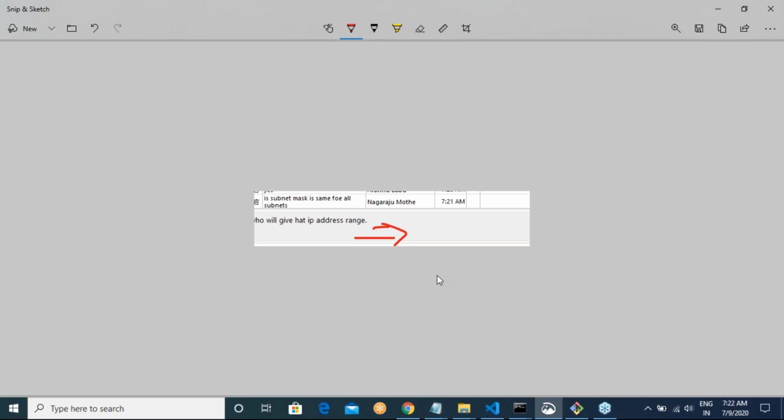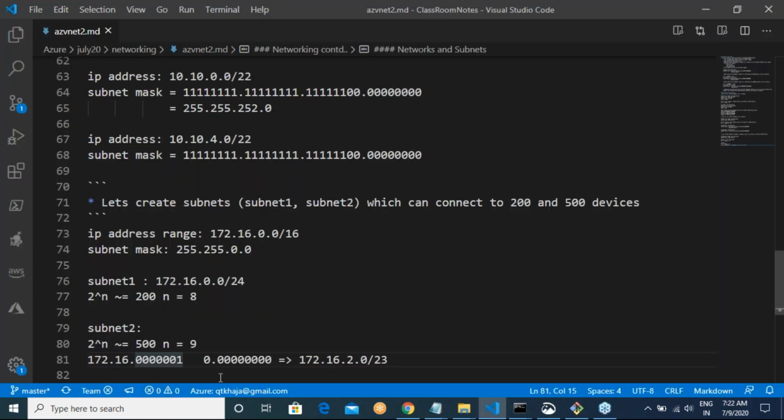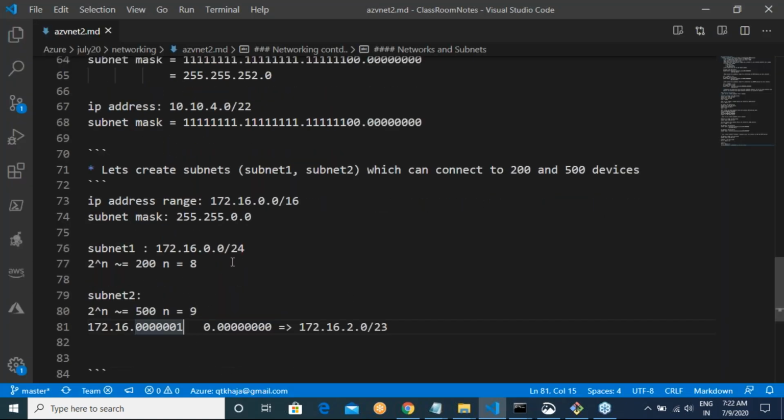If you are creating subnets with different sizes, then subnet masks will also differ. So in this case, what would be the subnet mask? 9. So for subnet 2, the subnet mask is 255.255.254.0. They are not the same, right?